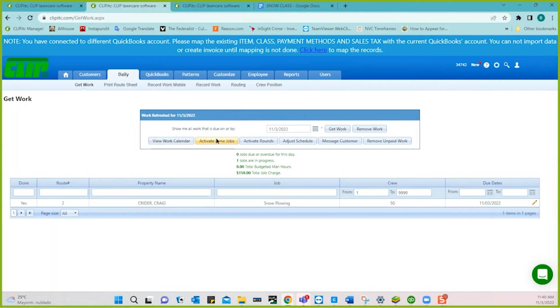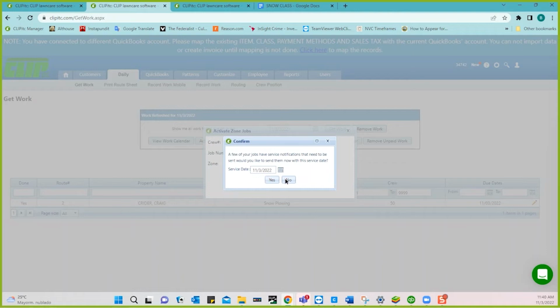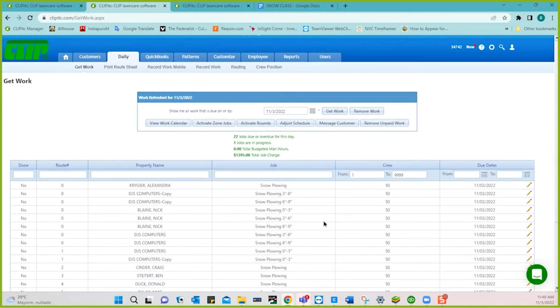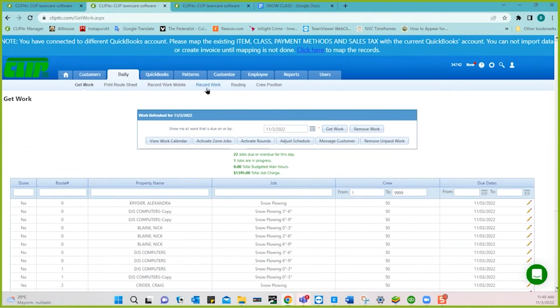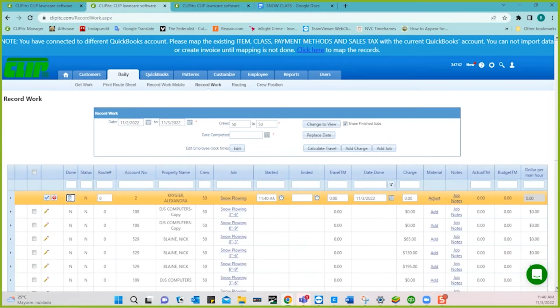Okay, so now I'm going to come in here again. So activate zone jobs. Do it by crew number. So we do it by crew 50. And then we activate. And we say no this time. Okay, so we're going to go now to record work. So when you record work, we're going to record the Krieger and Adam's Candies. So we come in here, we hit the pencil, say yes here,